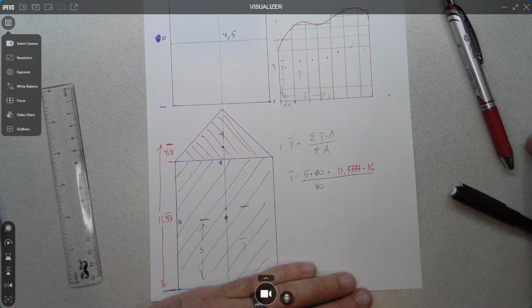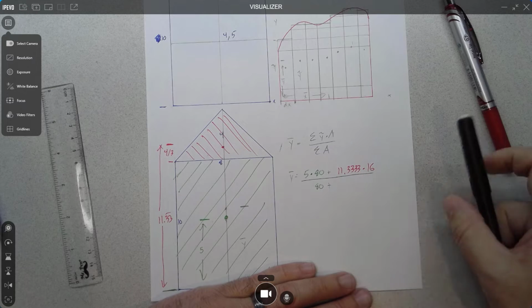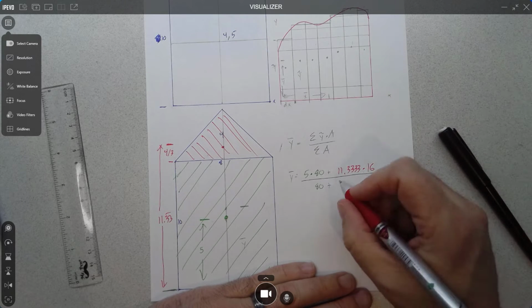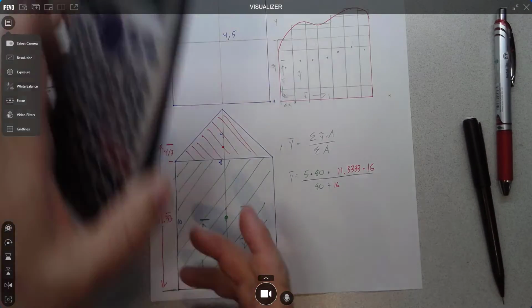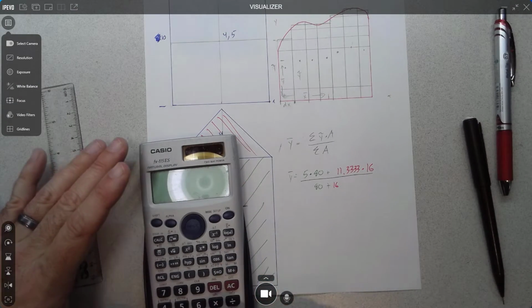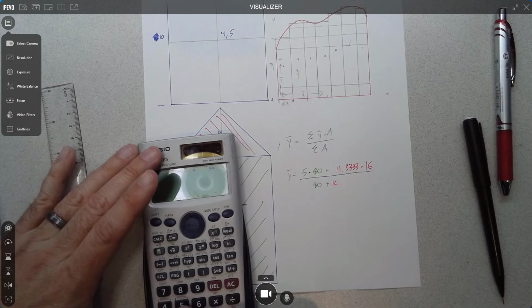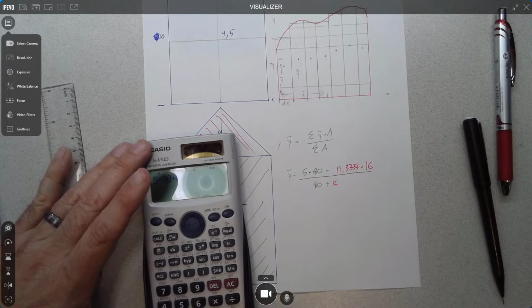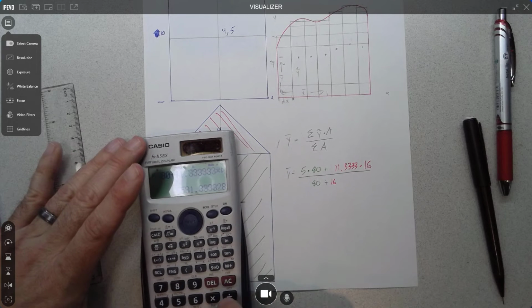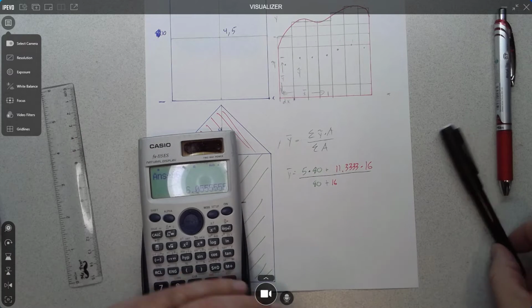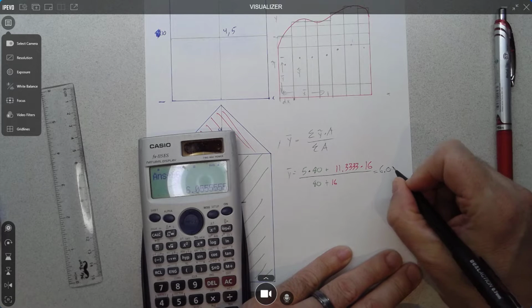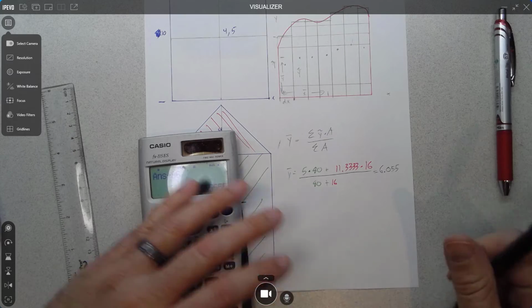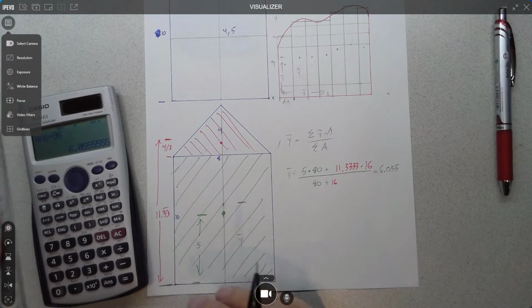plus, second area was 16. So if I plug those into the calculator, 5 times 80 plus 11.3333 times 16, all of that divided by 96, I get it's equal to 6.055. So if we want to actually locate that,